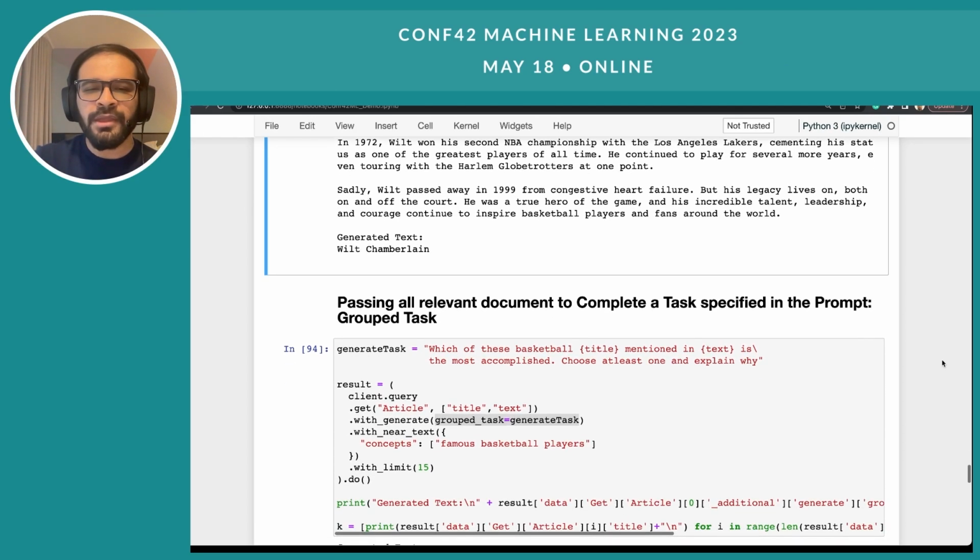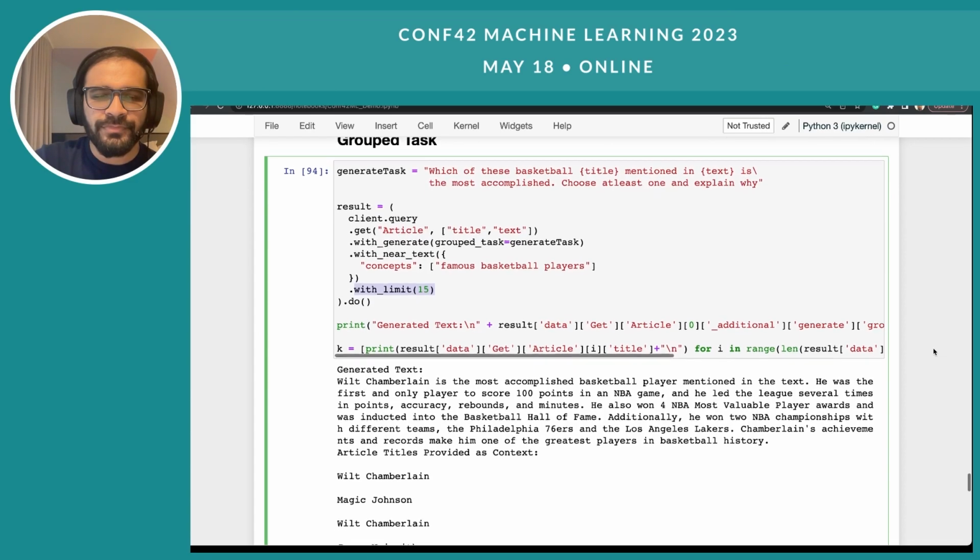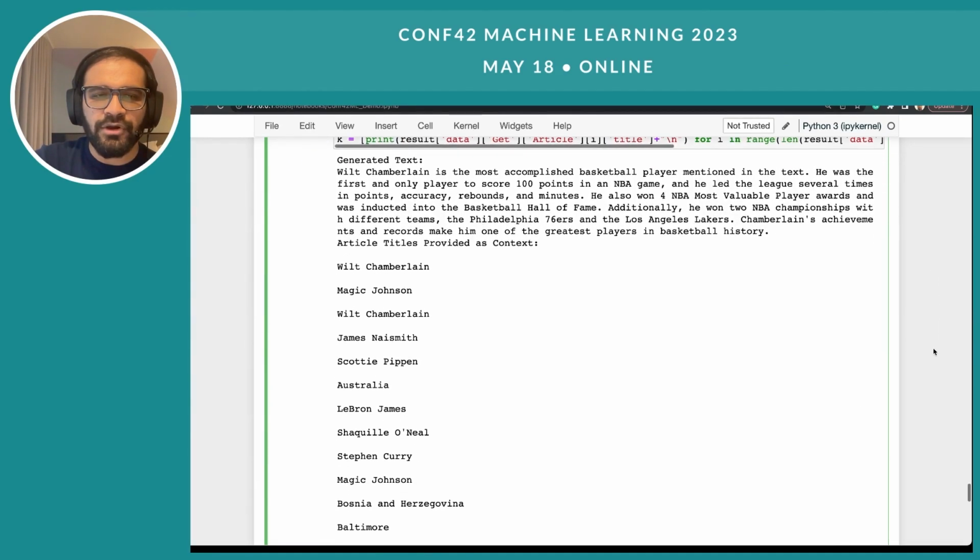So for example here, my question to ChatGPT is, which of these basketball players mentioned in the text is the most accomplished? And it has to choose at least one and explain why. The titles and the text here are going to be replaced by 15 of the retrieved documents that Weaviate returns to me. And so here I go through and I'm going to show you the articles that were provided